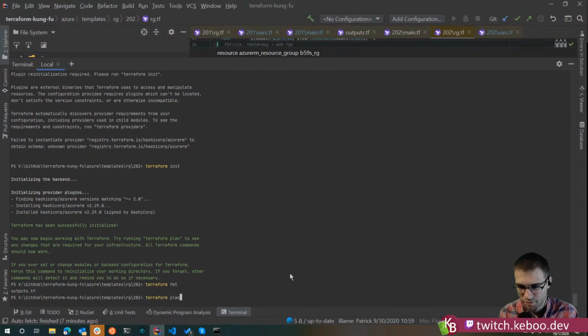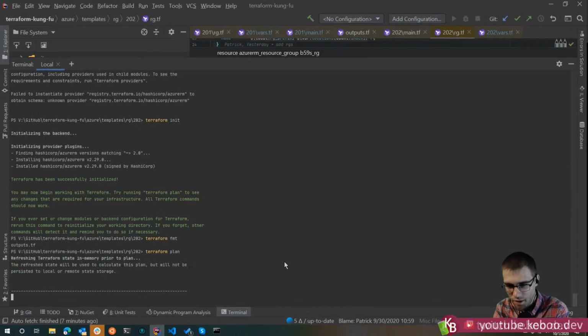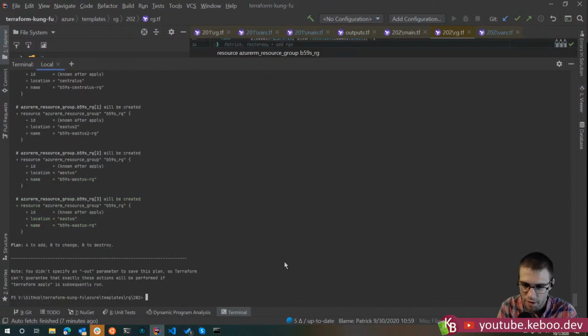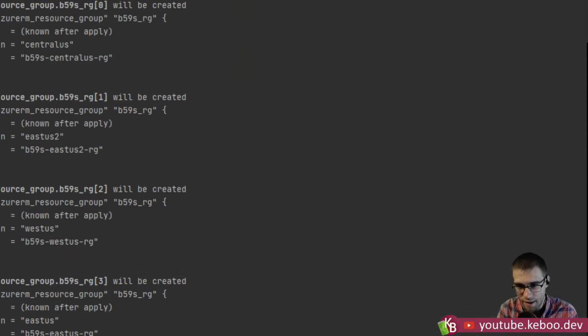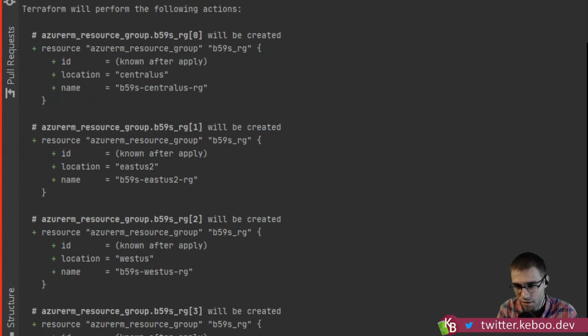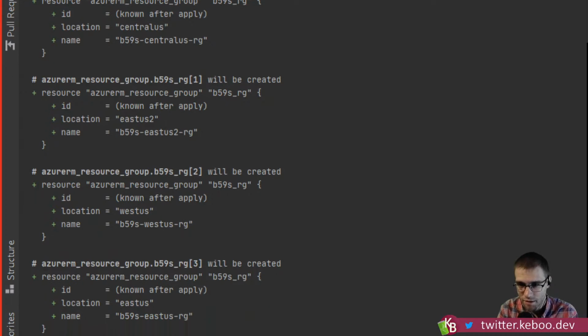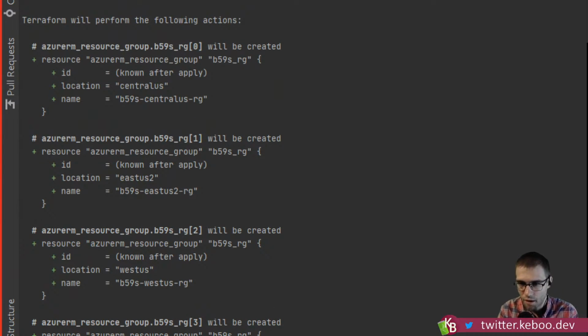So let's do a plan and let's see what this comes up with, right? The other thing that's important to note: I like to use the word index, where I think you use the word store, where it's doing count. Good call. Sub item, because that order matters, right? If you went through and reordered this, because Terraform has to act in a deterministic manner, if you were to say invert the order of, say, Central US and East US 2, right?